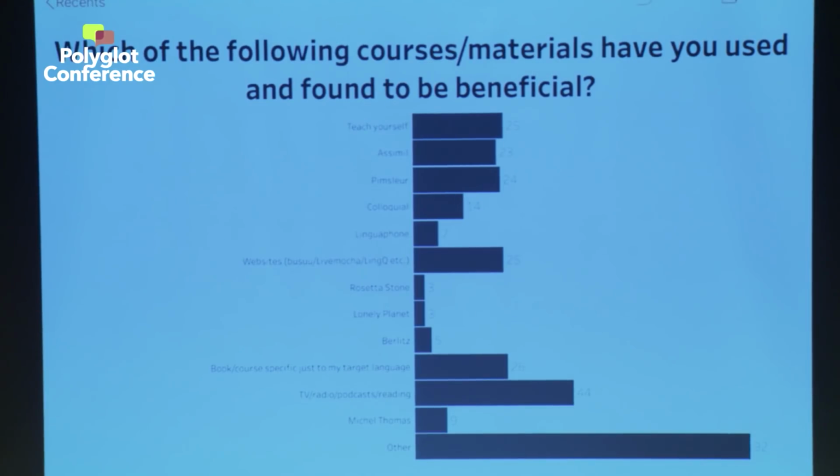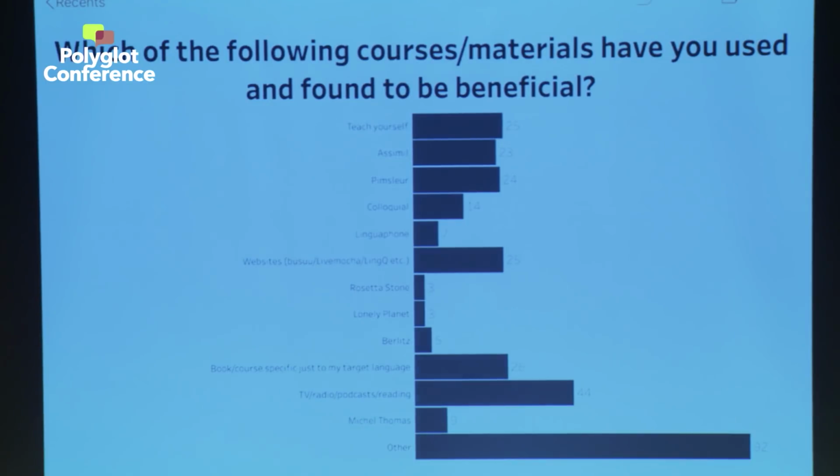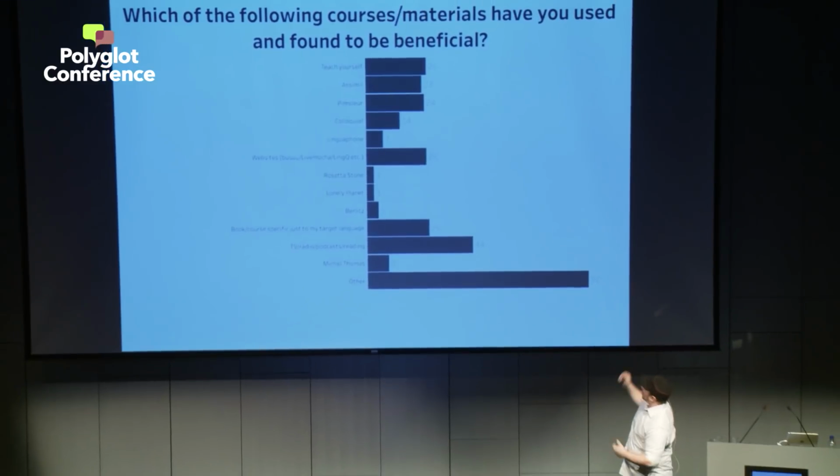And it's also how I phrase the question. And people might, perhaps, they say found to be beneficial. Well, that's their own analysis. They don't really know. Like if they tried multiple things, they tried 10 courses, and they found the last one was what made them actually speak the language. Does that really tell us that last one is the beneficial one? Because maybe all the ones before it kind of compounded on one another. So that's the problem. You can't really look at this and conclusively say, oh, this is wrong, and clearly this is the best course.